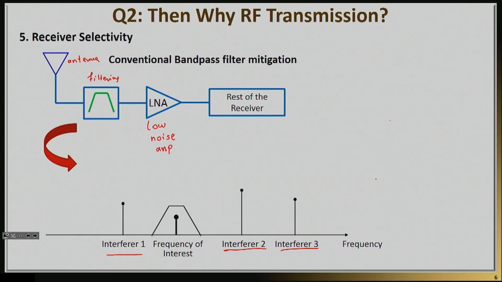To do justice here, in a real-life scenario, the frequency of interest would not simply be 2 times less than, let's say, interferer number 2, would not be 10 times less, would not even be 1,000 times less. The real life scenario is that this frequency of interest will be 50 to 60 dB less, sometimes 100 dB less from an interferer. That means 5, 6, 10 orders of magnitude below the interfering signal, and you still have to survive that.